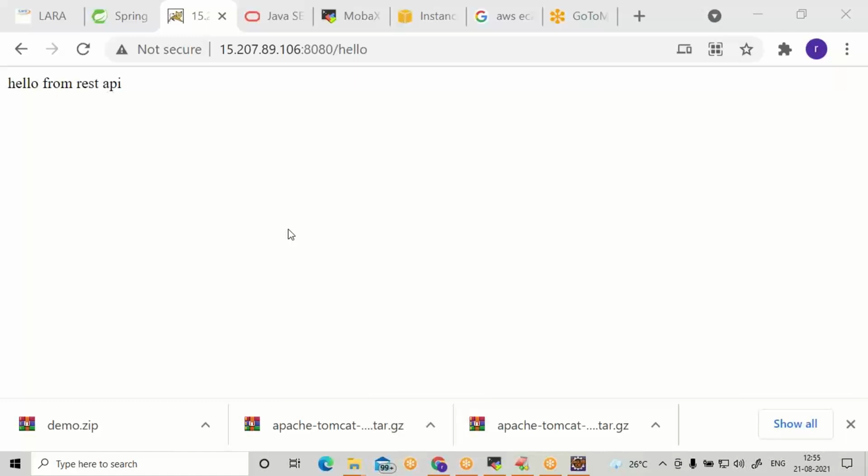Now we have seen jar deployment inside the AWS infrastructure: Spring Boot application, packaging as a jar, uploading the jar file into the EC2 instance, running the jar file through the Java command, then accessing the REST web service from the browser.